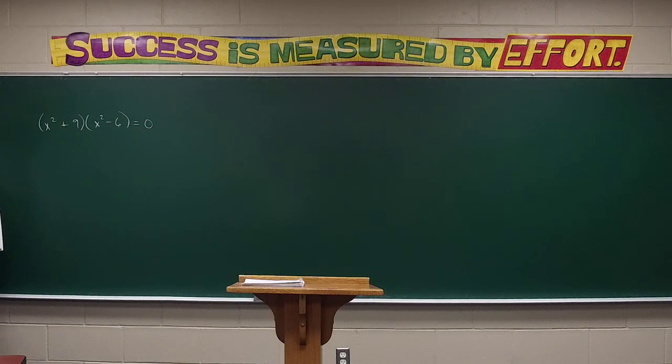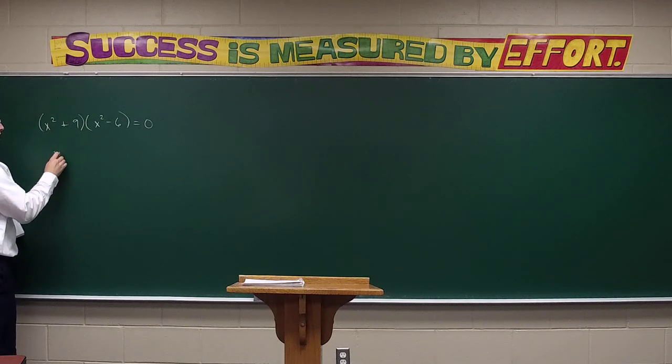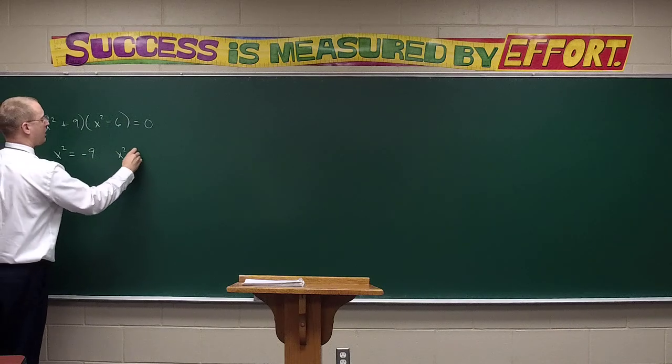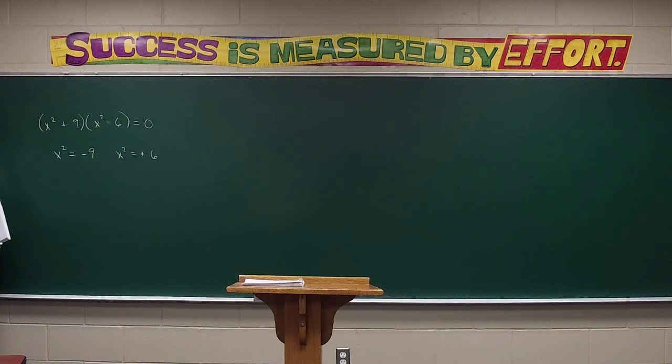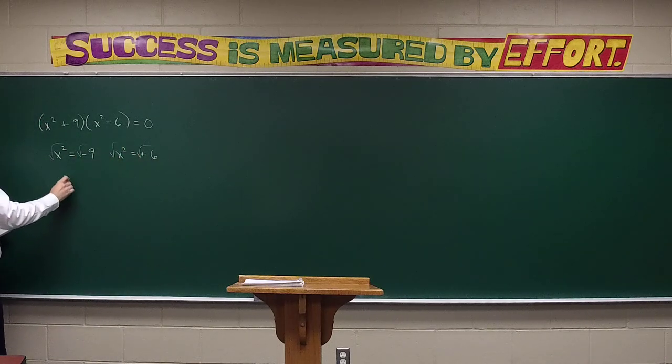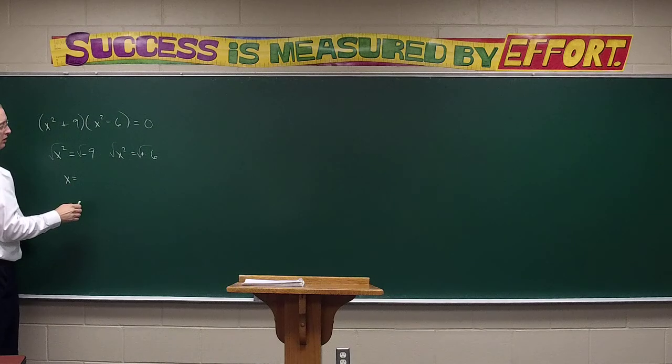Then Abby, you set each equal to 0 to get x squared equals negative 9 and x squared equals positive 6. And then what do we have to do next? Genesis? To get x equals i times the square root